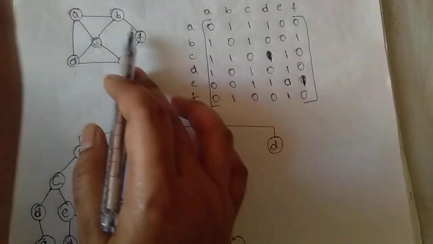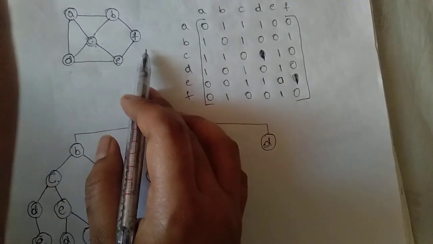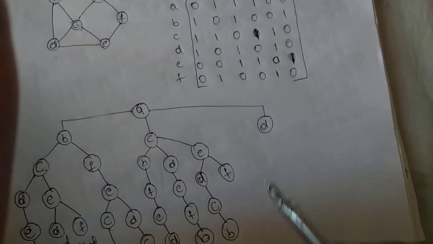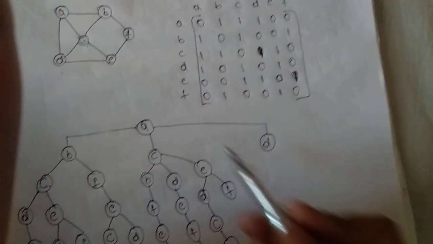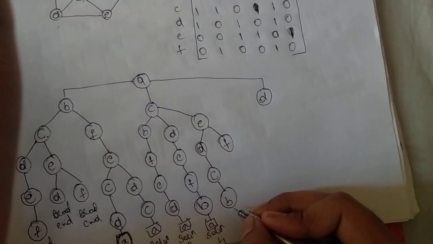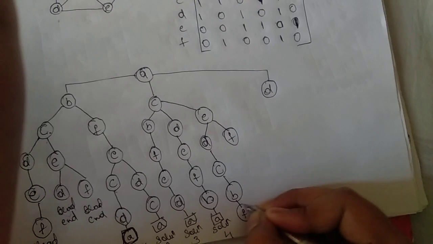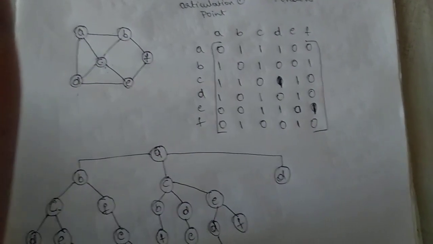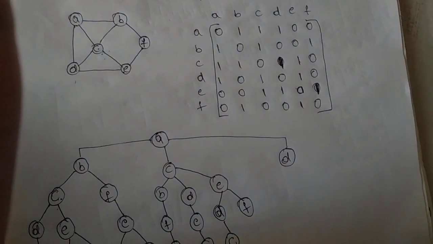From B, I can come back to F or A. If I come to F, then it is a dead end. If I go to A, here F is not encountered, so still it is a dead end. From B to F I'll come and I'll consider this as a dead end, because from F I cannot go to A without passing B. Is it not?